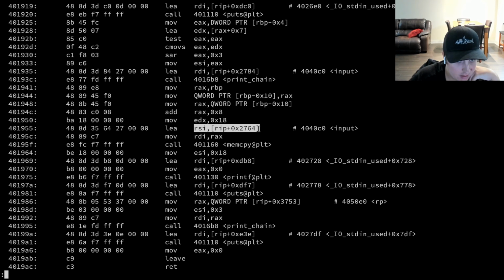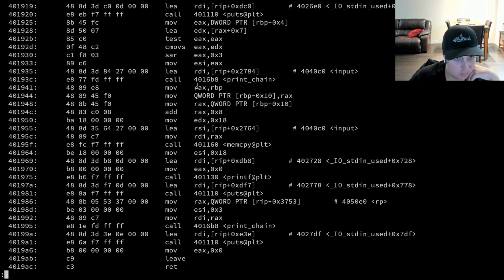So this is where we want to copy from. So we're going to copy from the BSS. We're going to put it in whatever RDI is, which comes from RAX, and RAX comes from, this is add 8 to RAX, but this comes from here. So this is putting RBP minus 10, RAX, and then RBP. Okay, so we can see here,